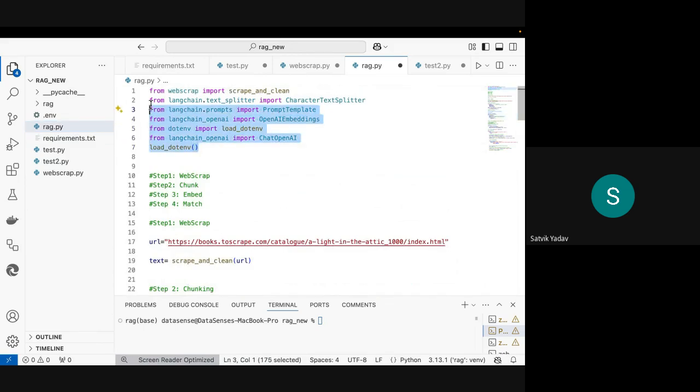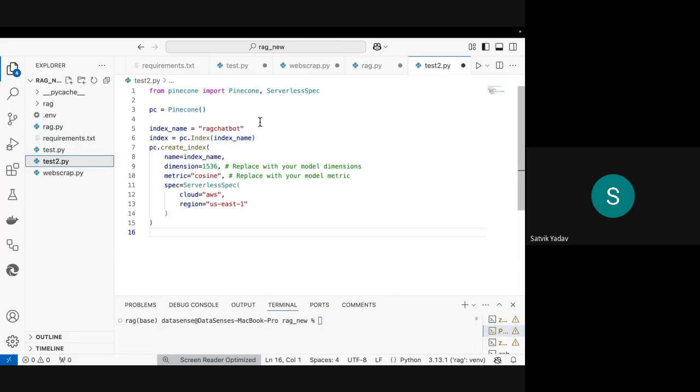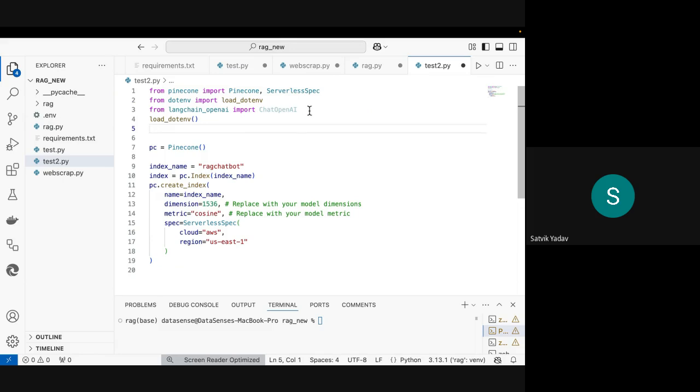So simply, where is rag.py? This is test2.py. You just need to run this. Now I'll just change the name this time. I'll say chatbot2. Okay, and everything else is the same. Index is equal to